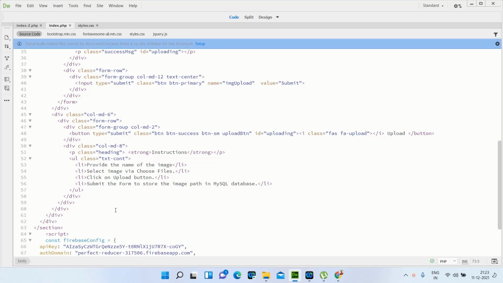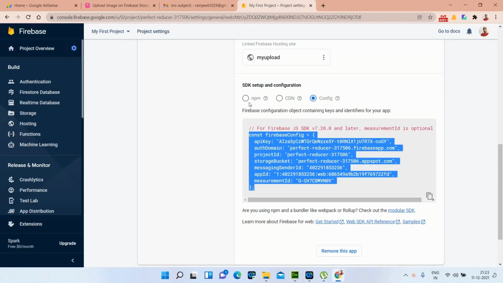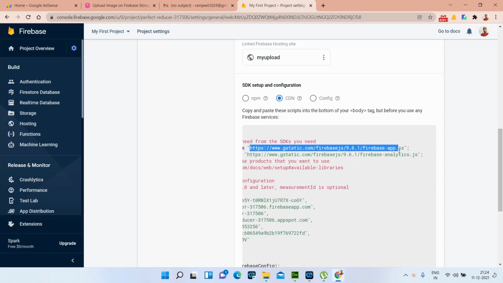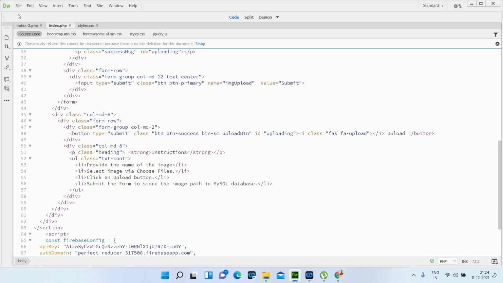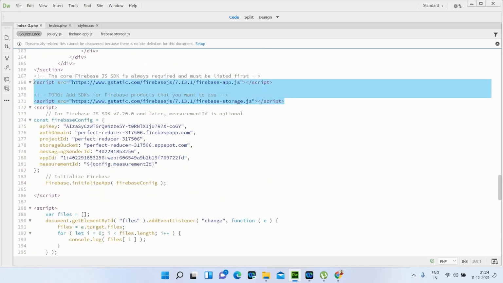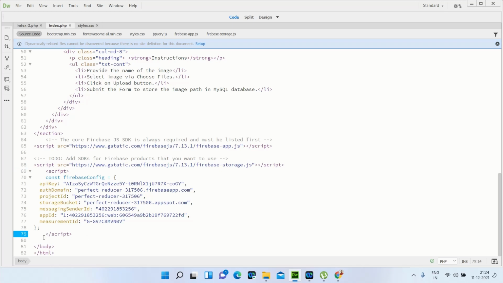And also we need to copy some Firebase libraries. So go to CDN and copy these files. I have already copied this, so I will use this only. So I'm going to this and copy the JavaScript files libraries. So here I'm going to paste. After that, we'll need to write some JavaScript to upload the file in the Firebase